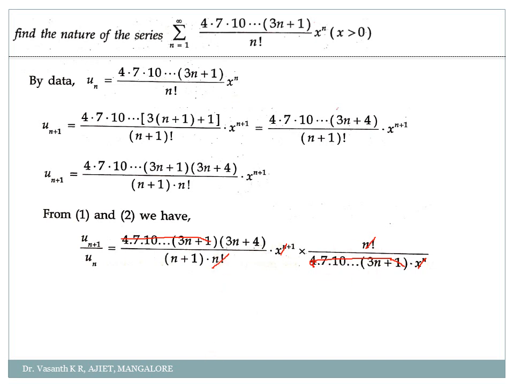Okay. Here I have written something here. Let me see if any students will ask me a doubt. I kept it as it is. I have not explained why it is n plus 1 into n factorial. Actually here, one second. Yeah, if you check properly, if you replace n, yes, so 3n plus 4 divided by n plus